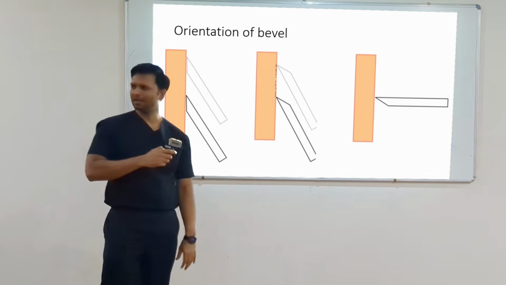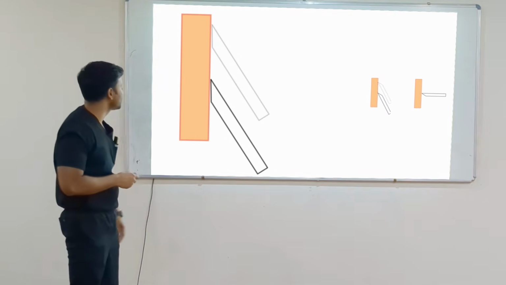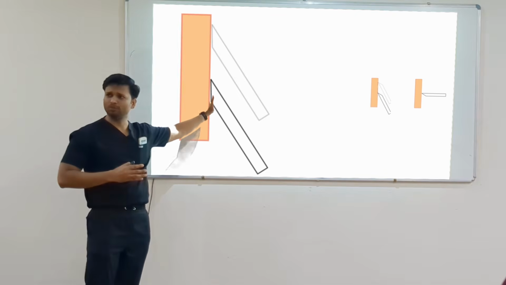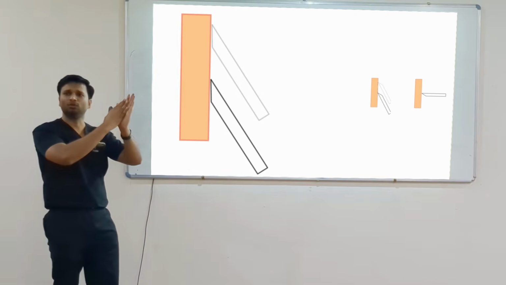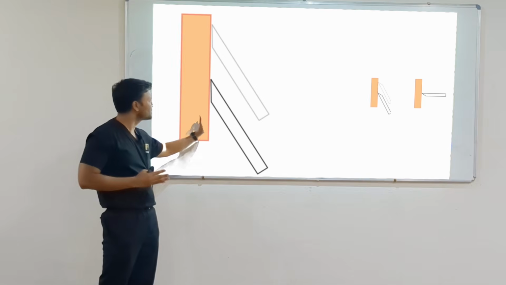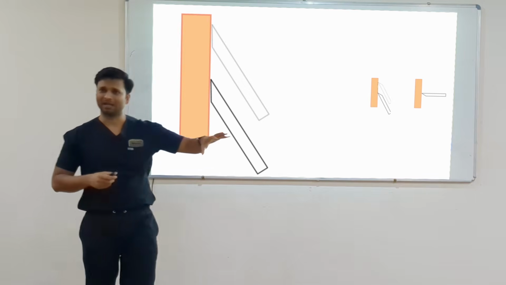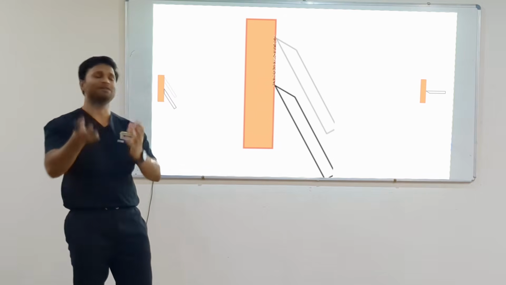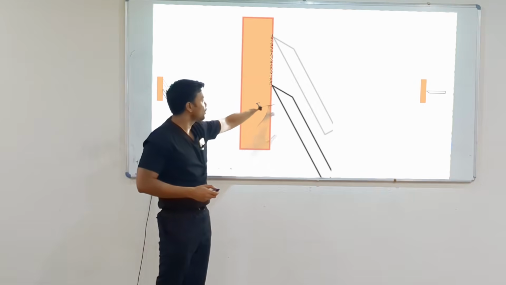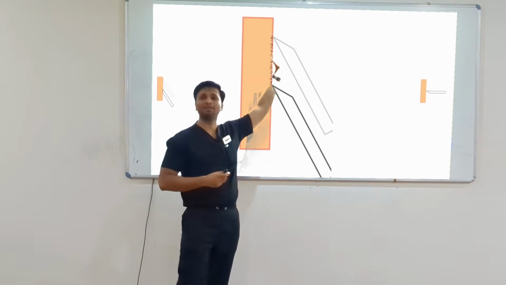So, there are multiple scenarios. Let's talk about all of them separately. Now, when we keep the bevel towards the bone, and suppose we have contacted the bone, क्या होगा? Because of this flat surface, it slides over the bone. Okay. So, patient को एकदम minimal pain रहेगा. Whereas, if we keep the bevel away from the bone, because of this sharp tip, it tears the periosteum.